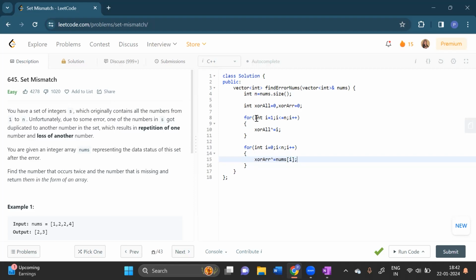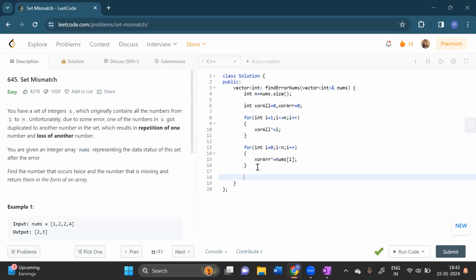The first for loop gives the XOR value if no error occurred, that means the set was storing 1, 2, 3, 4. This other for loop is storing the XOR of the array that has the error. Because of this error, there is a repetition of one element and loss of another. So using these two variables, XOR all and XOR array, I'll compute how we can figure out